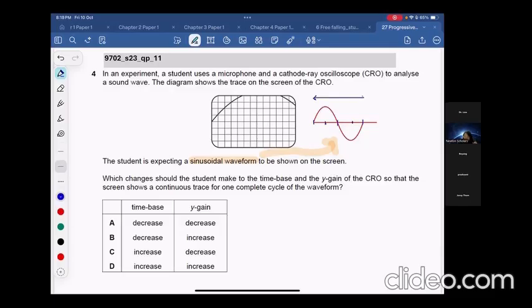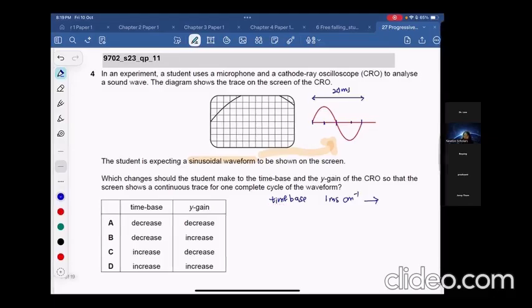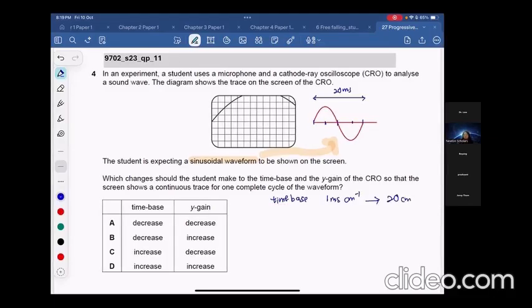Let's say this is 20 millisecond. Okay, your time base, let's say we set 1 millisecond per cm. That means how many cm do you need to display one complete wave? You need 20 cm. Do you agree? 1 cm represents 1 millisecond. So now one complete wave is 20 millisecond, so you need to show 20 cm. But the problem is still, you see here,